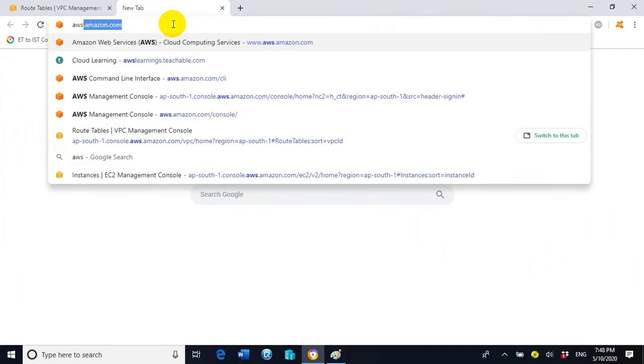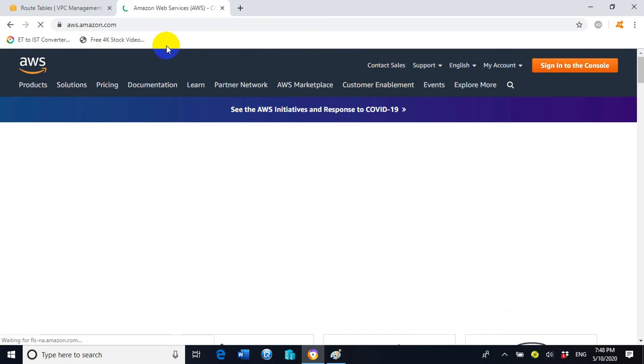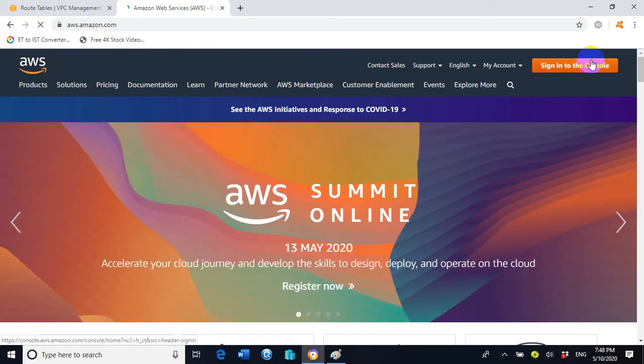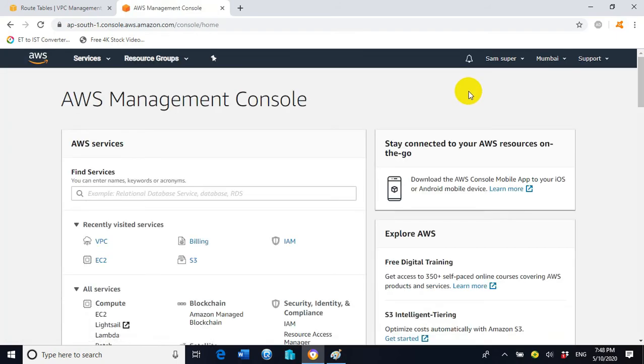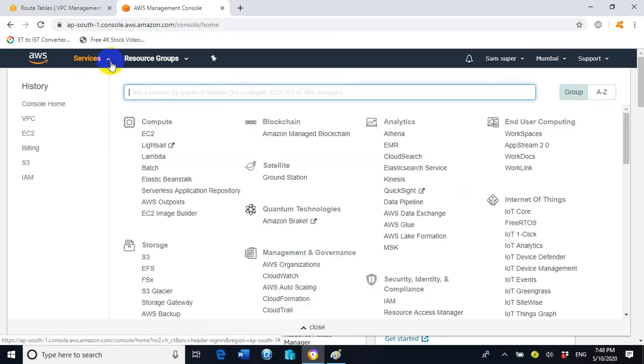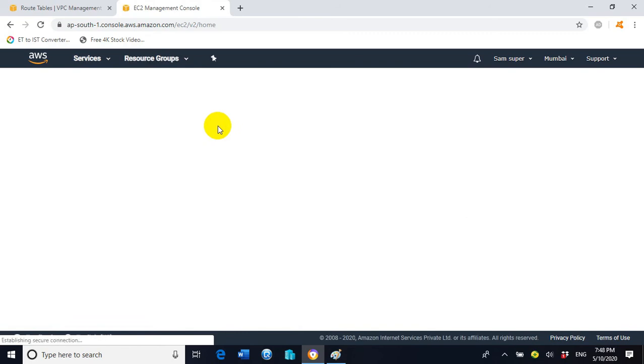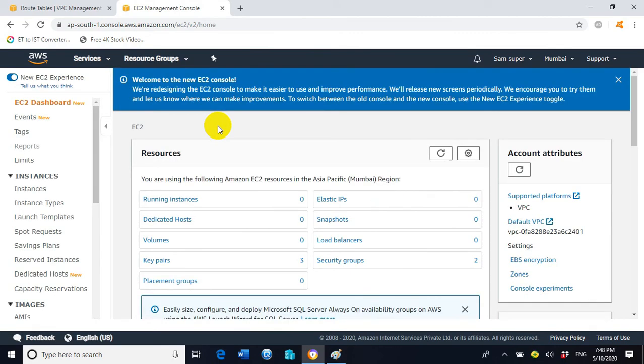So now go to the portal. Now click on services. Inside the services we will get EC2. So select the option EC2 under compute, because right now our purpose is to create two EC2 instances.